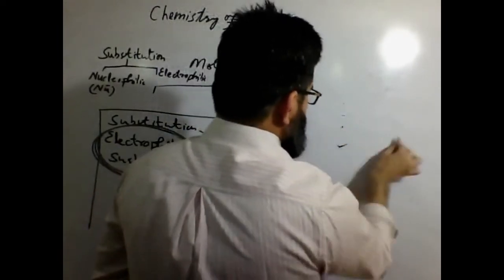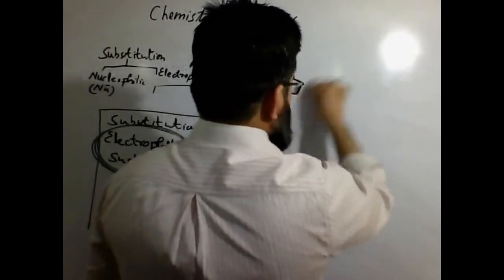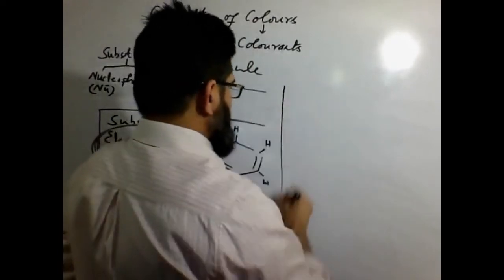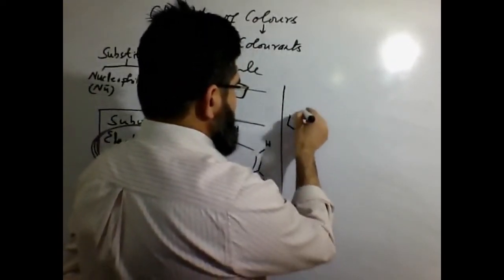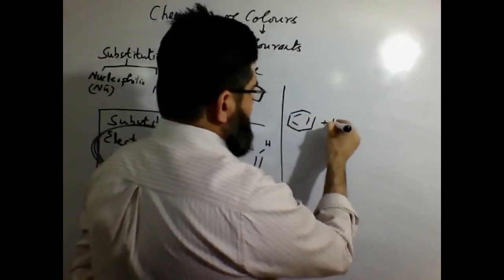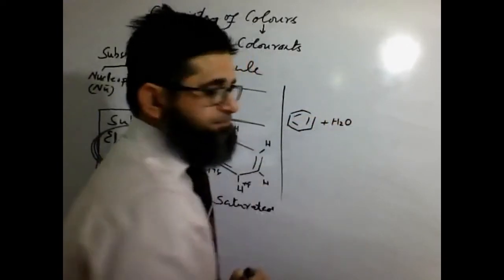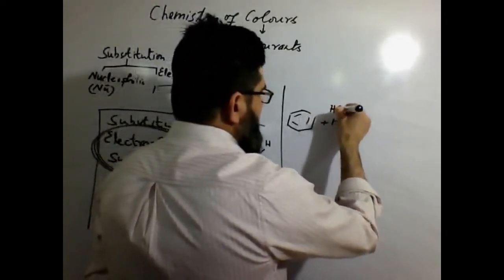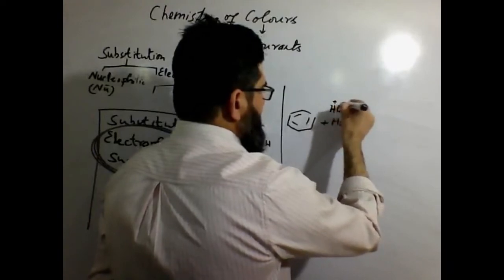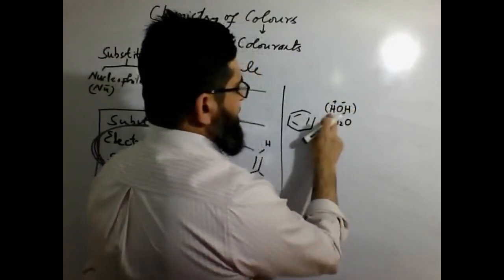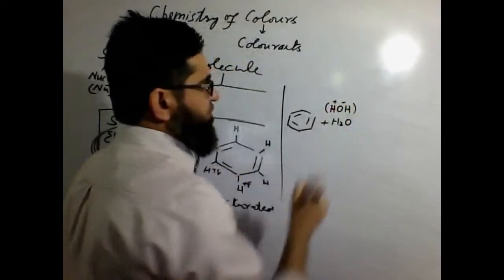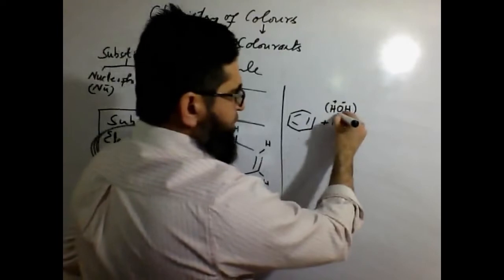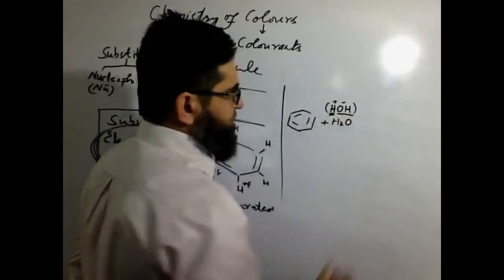Similarly, let's say we give you benzene again and we ask you to react it with water. We have an idea, we can write water as HOH, 2 hydrogens and oxygen. We can write this body in this form as well. So there is one electrophile and one nucleophile: OH negative, and H positive.